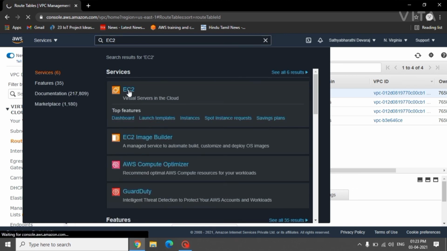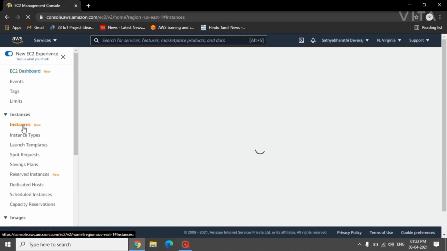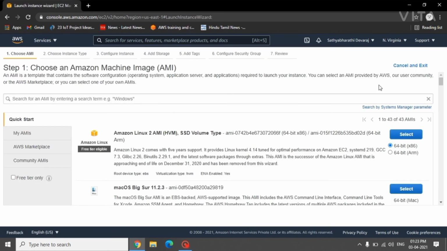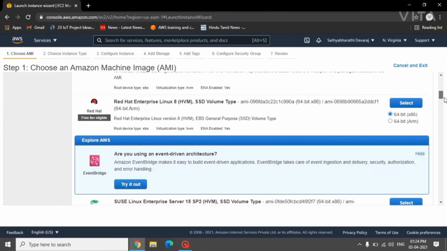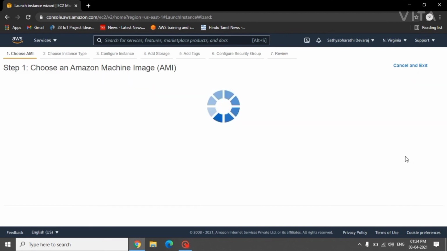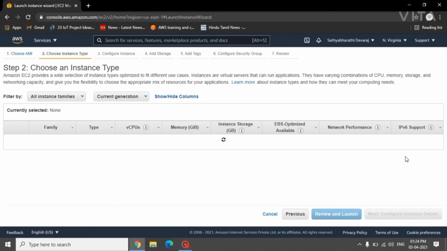So in the dashboard, go to the EC2 dashboard. Then give launch instance. Select the machine.